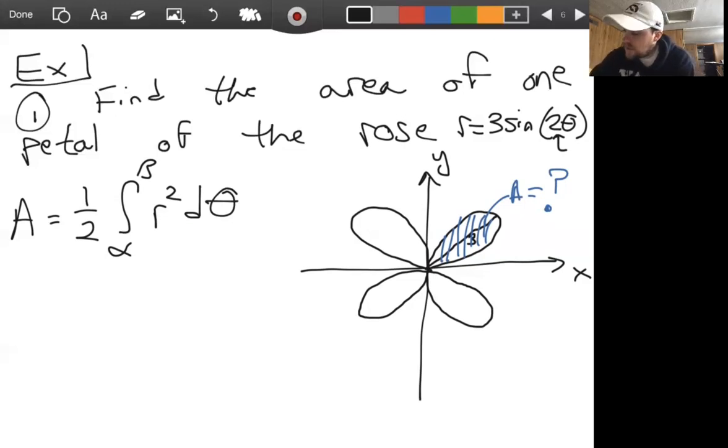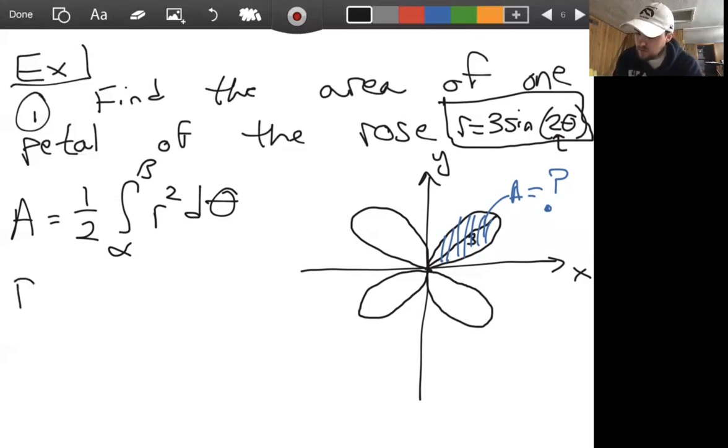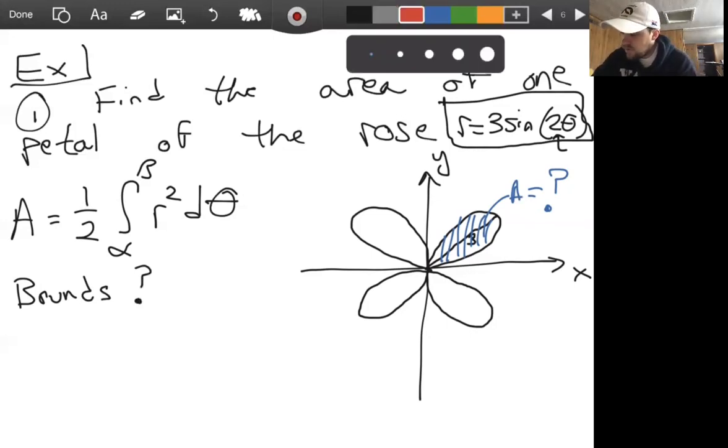And what we need, because we have r explicitly given to us, so we simply just plug this in, right? What we need is our bounds. We need to know what are alpha and beta, right? So what are the bounds? Okay. So when finding the bounds,